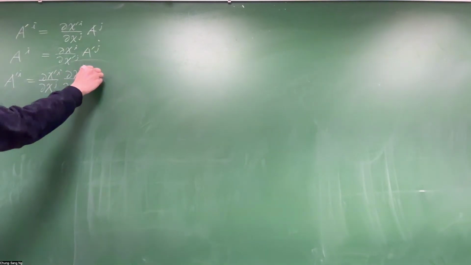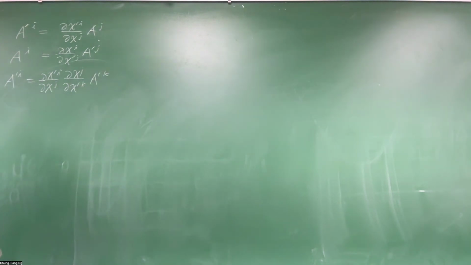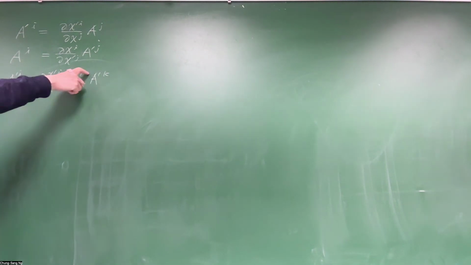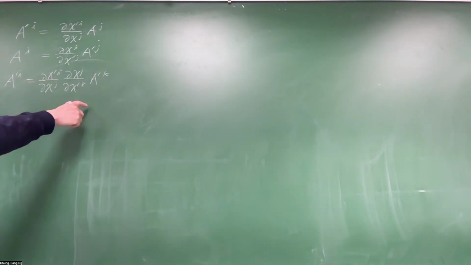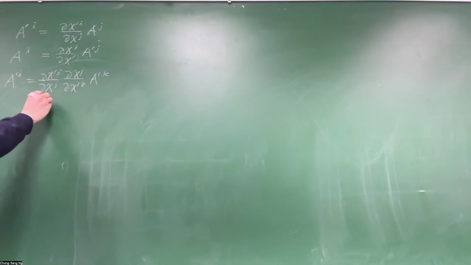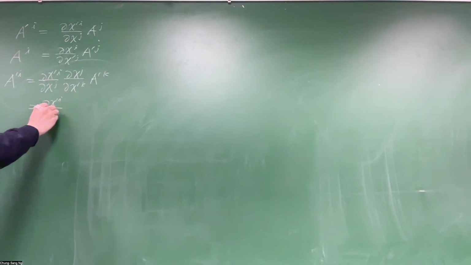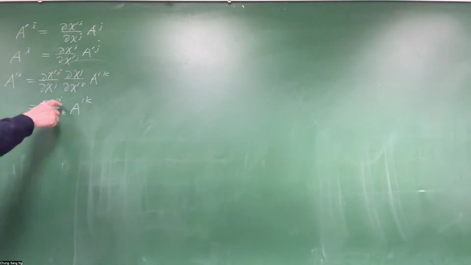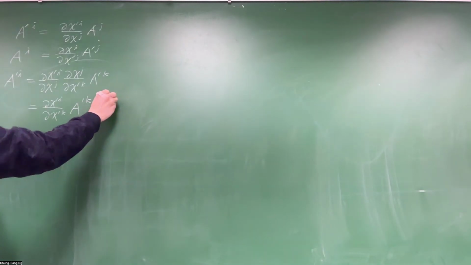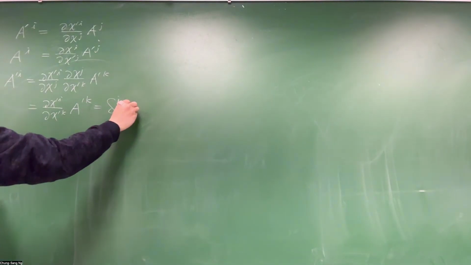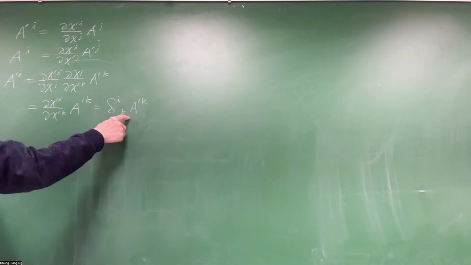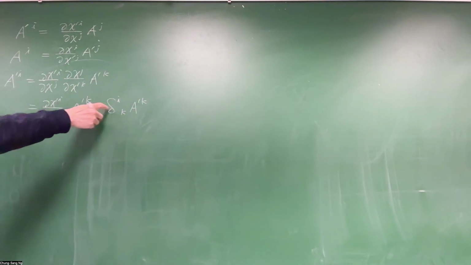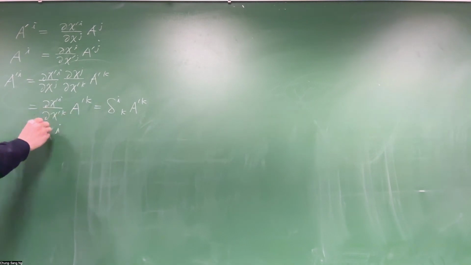Right. Now j is summed because you repeat the index, so sum. So this is like using the chain rule. This is partial x' i over partial x' k. And this derivative is obviously just a chronicle delta, and summing over k using the chronicle delta, A'_i equals A'_i. Right? So you can check that that is the correct